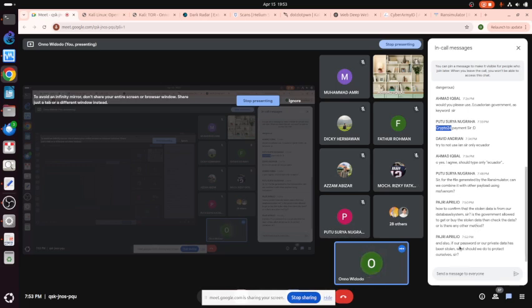If our password or our private data has been stolen, what should we do to protect ourselves? That's tough. If the data is stolen, to be honest, it's difficult.